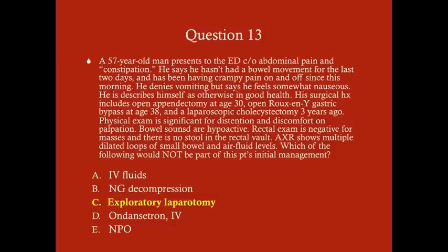So what we're going to do is put them on NPO, give them IV fluids, maybe decompress their stomach if they have food in there. It's not totally necessary, but it can be part of your plan. And then other things that you can do here: Zofran IV. This is an antiemetic, so this patient is nauseous. So it would be a nice thing to offer him, as needed, an antiemetic, which of course has to be IV because he can't take anything orally. But the one thing we don't want to do right away, if we don't have to, is an exploratory